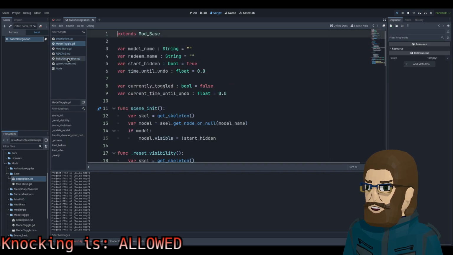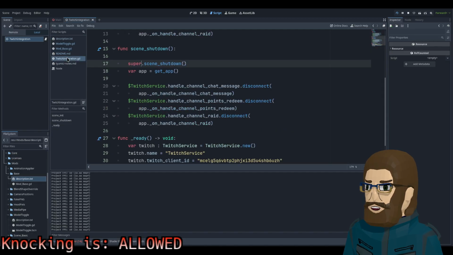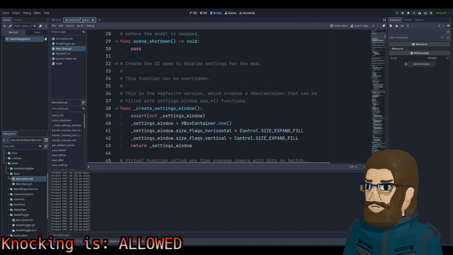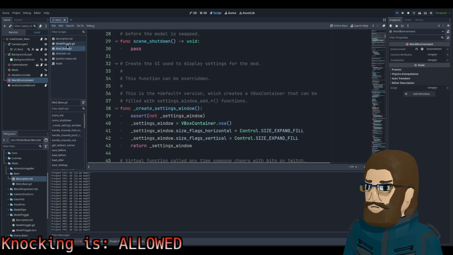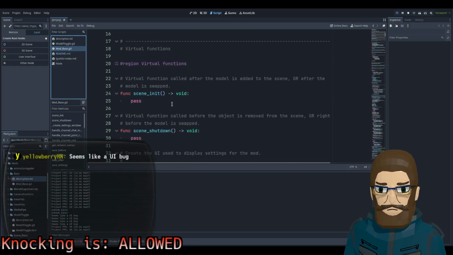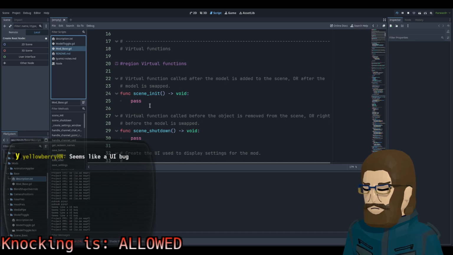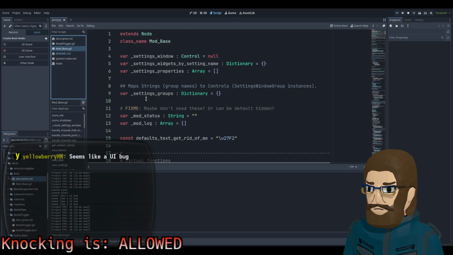Why are they highlighting blue? That's confusing. Okay. Godot. So it seems like a UI bug. Maybe, I don't know. Where were we just now?